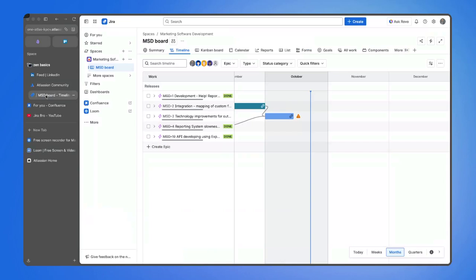Let us talk about timelines in Jira, because this is going to be really important if you're the product manager, or actually the project manager, that needs to keep track of how the project is doing, how the features are doing, and if there are some overlaps between the work items themselves, and so on and so forth. So when you go to the timelines themselves, and this is for the software project in here,